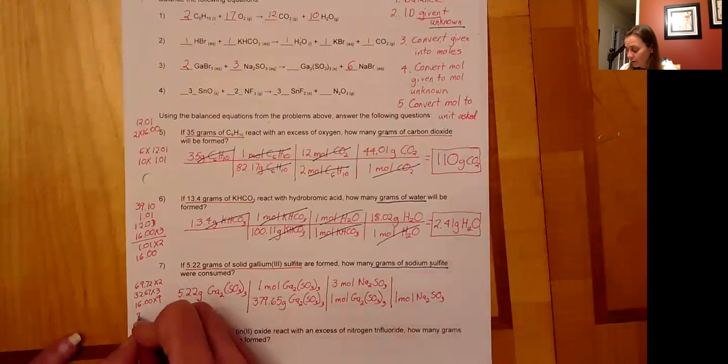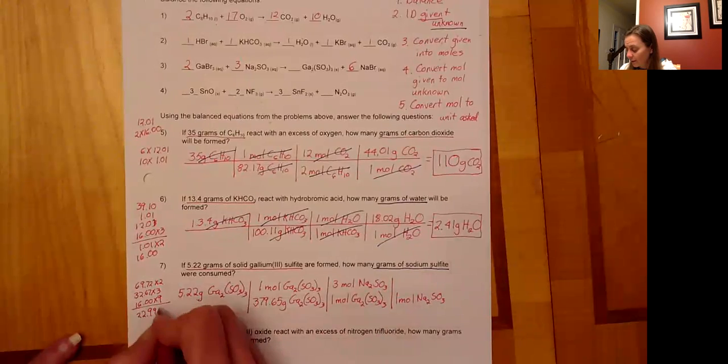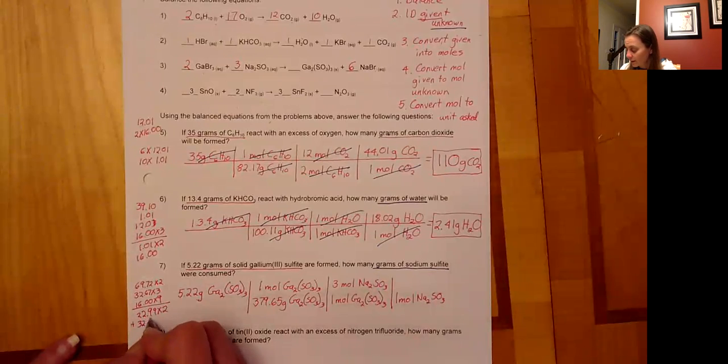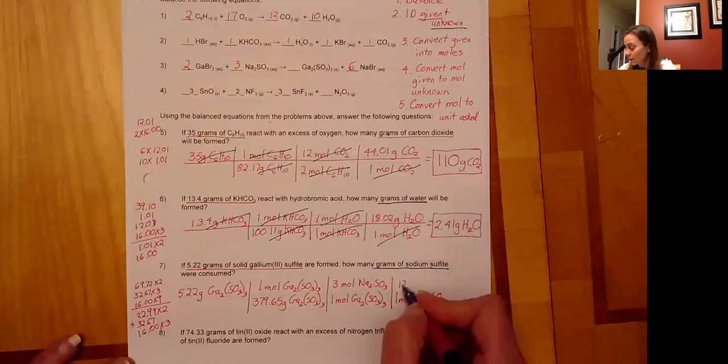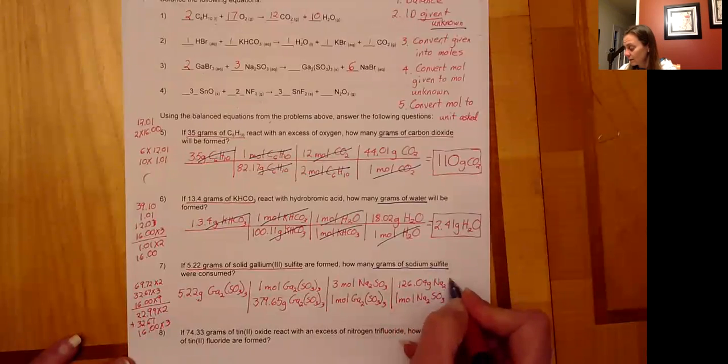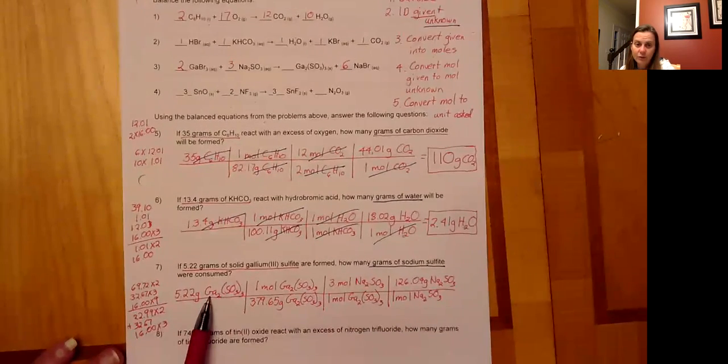And we're going to have 22.99 plus, times 2, because I have 2 sodiums, plus 32.67 plus 16.00 times 3. And when we add all of that up, we get 126.04 grams of sodium sulfite. And so I'm going to have 5.22 times 3 times 126.04 divided by